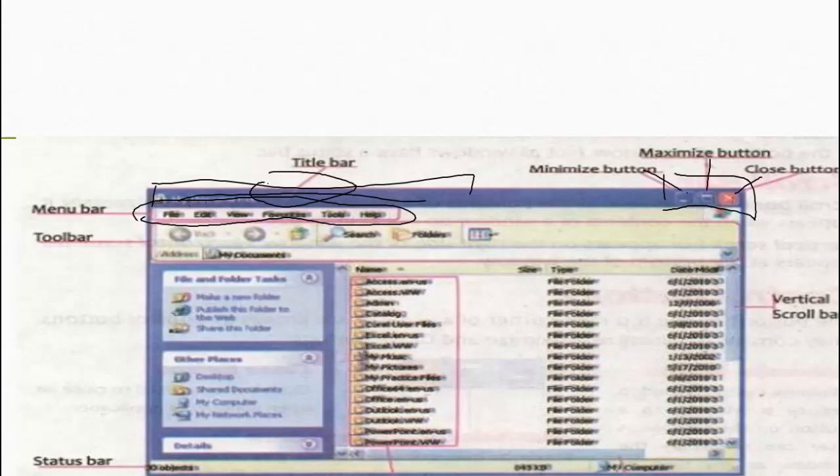This is a vertical scroll bar. You can easily move up or down by using a scroll bar. This is your status bar.